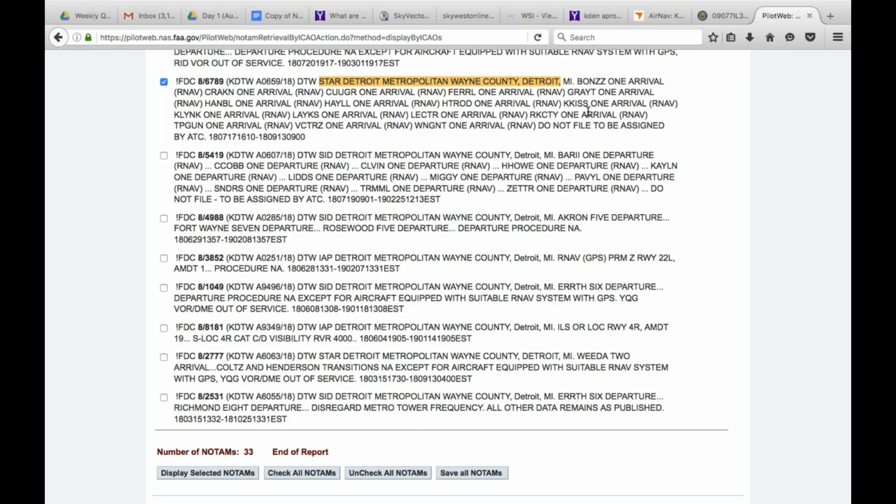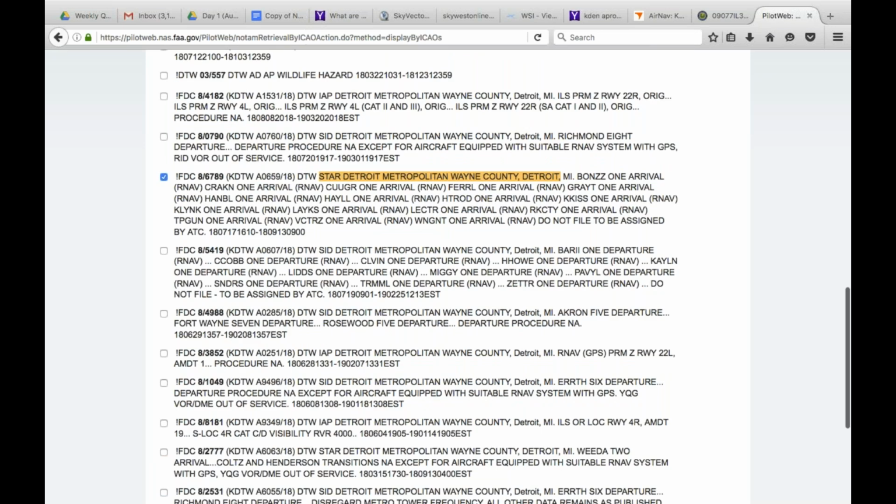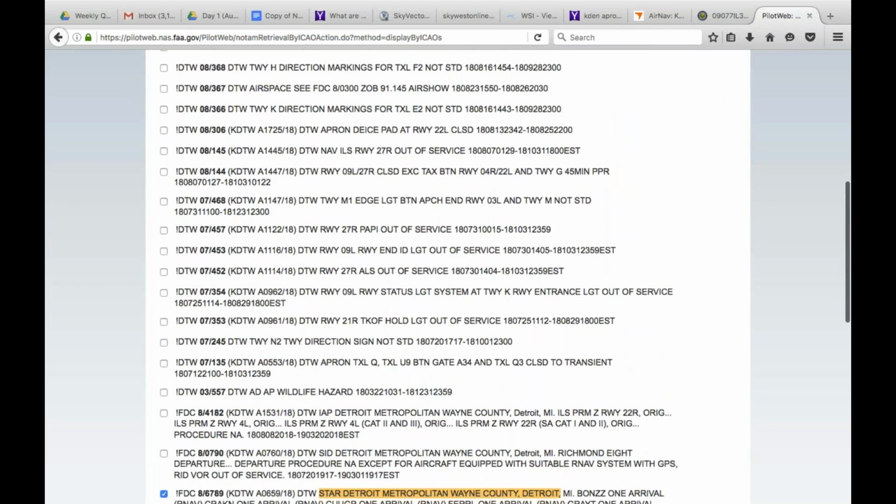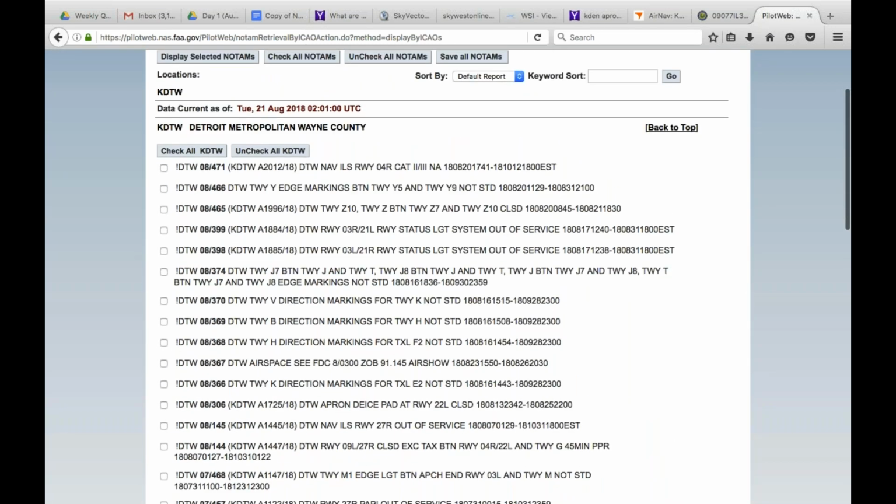I know there was one in LA that was a huge pain for us at SkyWest because I can't remember if it was a VOR out of service or what it was, but we weren't allowed to file a certain point in this departure procedure. And so we always had to manually take it out, and it was just a huge pain for us. But so when we talk about these NOTAMs and how they're going to affect what we're doing,